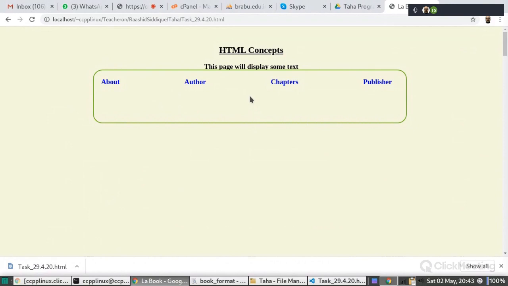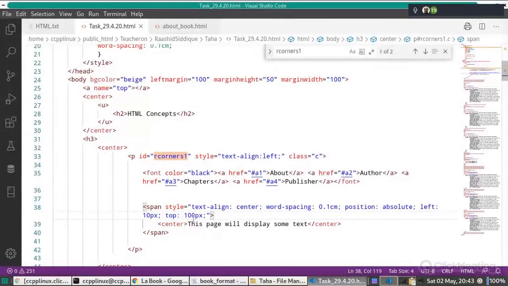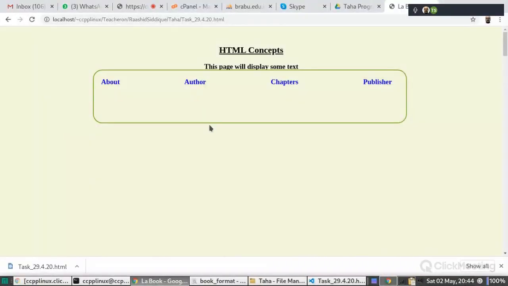This page will display some text. No, that means position absolute left is 10 pixel and suppose this is 500 pixel, then that means there is no effect on its height.